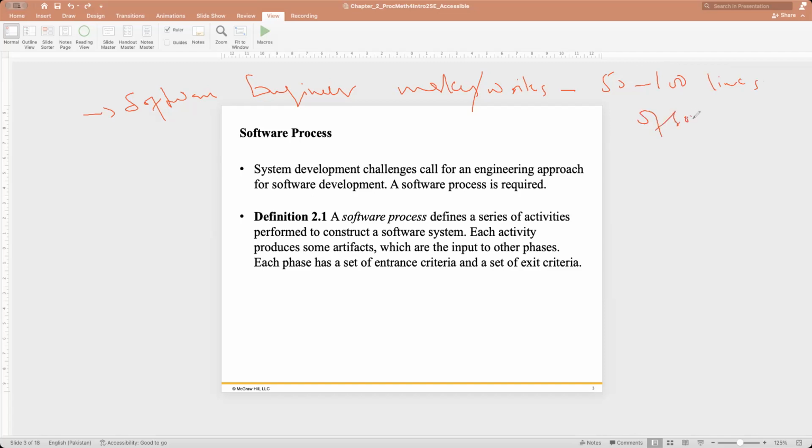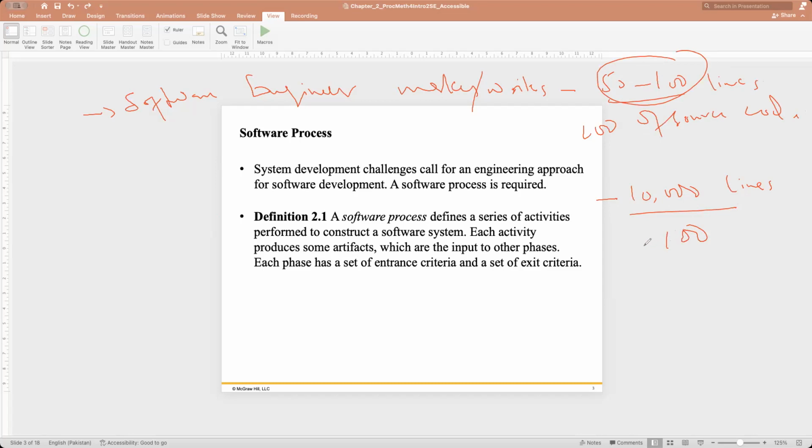Just imagine you are working on a large software which may have 10,000 lines. If somebody is writing even 100 lines of code a day, you have to divide it by 100. How many days do you need to finish that?